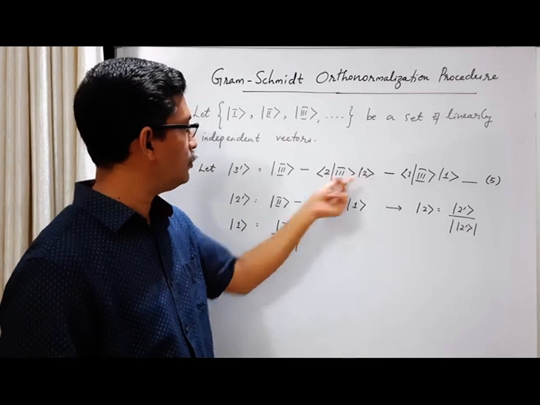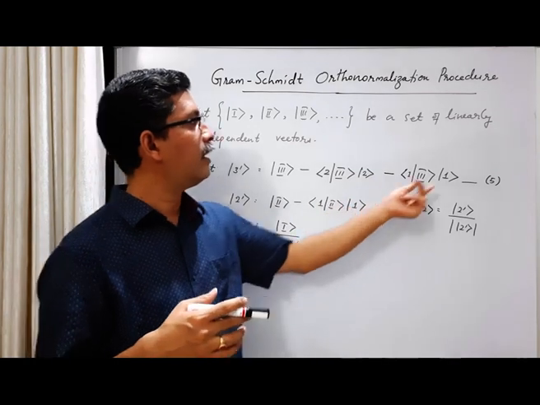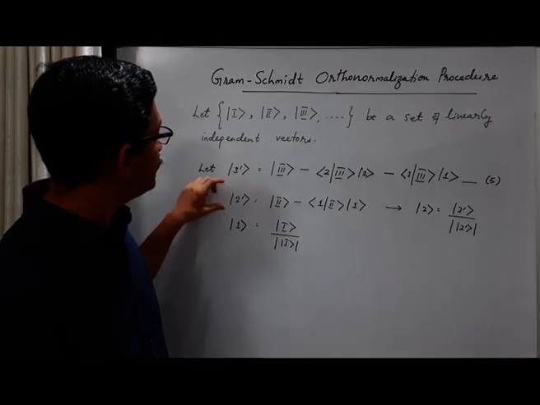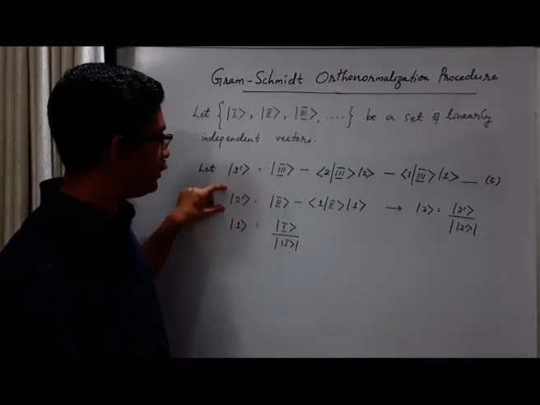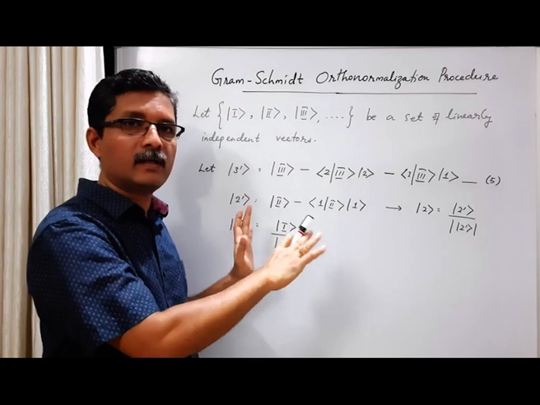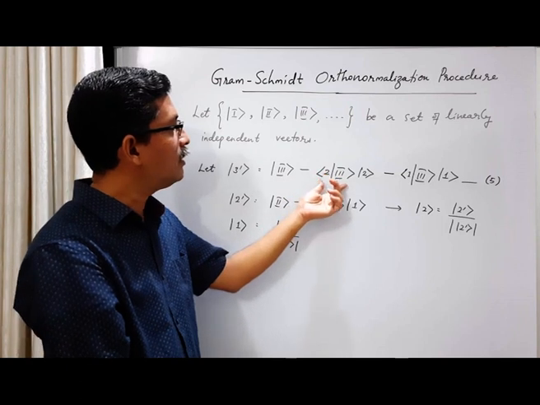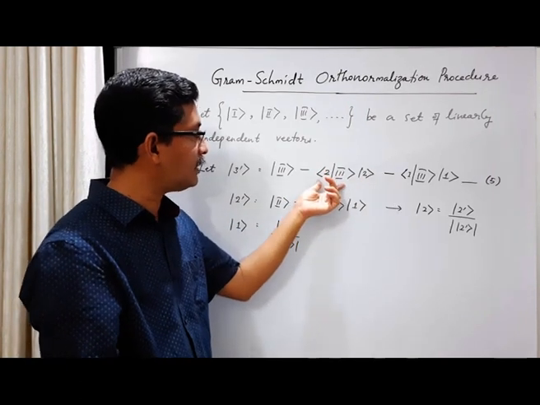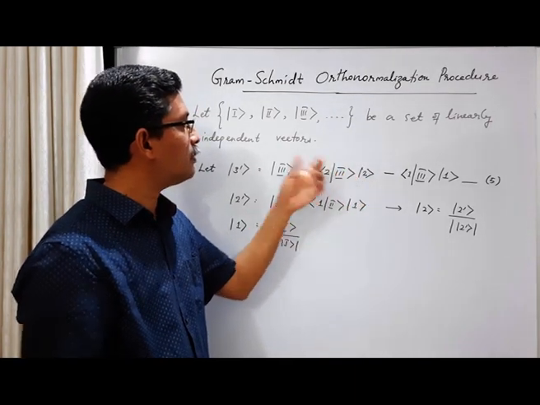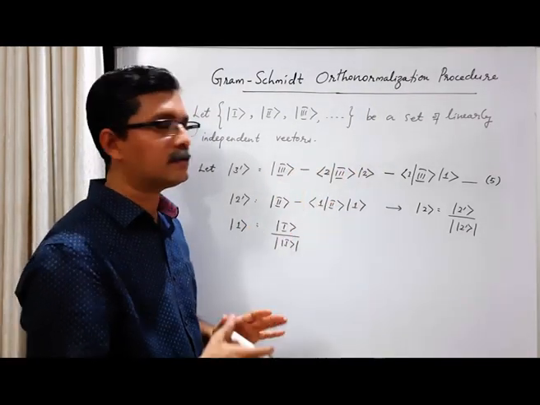So here ket 2 is actually a linear combination of the old vector ket 2 and ket 1, and ket 1 is a constant times the old vector ket 1. So the point is this ket 1, ket 2, okay, ket 2 is simply 2 prime by modulus. Ket 3, etc. They are all linear combinations of these old set of vectors, proper linear combinations, and these are the coefficients. Not exactly this, because more coefficients are involved here. So some proper coefficients multiplied by the old vector. Okay, the sign can be plus, minus, etc.